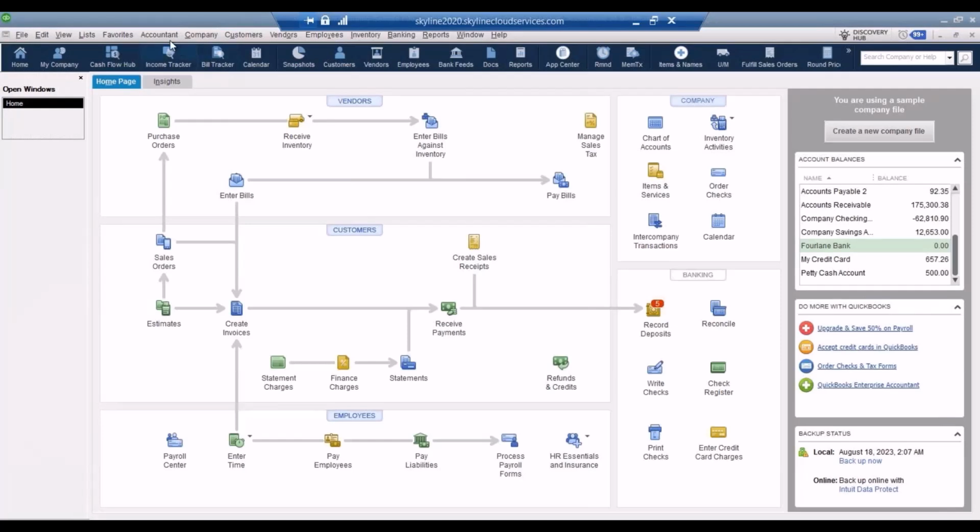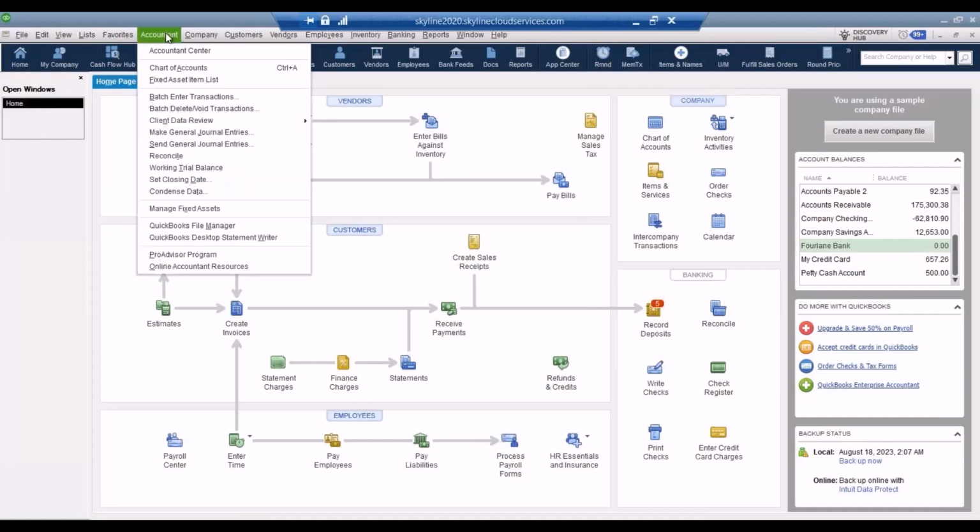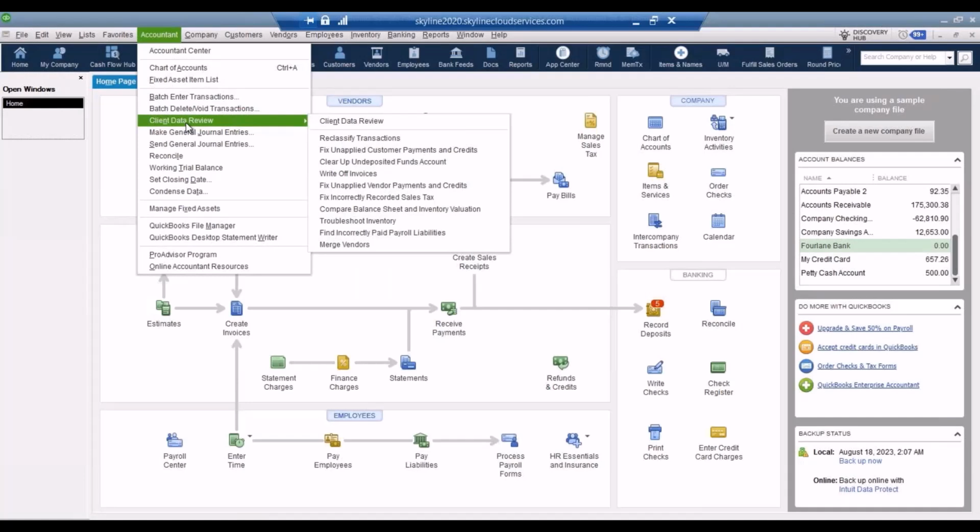In addition to that, for me, I have an accountant section in my QuickBooks file because I'm in the accountant's version of QuickBooks. For you, most likely, if you're functioning in a non-accountant's version, you can go to your company tab and you'll see an option for the accounting toolbox that will give you these same list of options. But if I come in here to my accountants tab under client data review, I've got this option that says